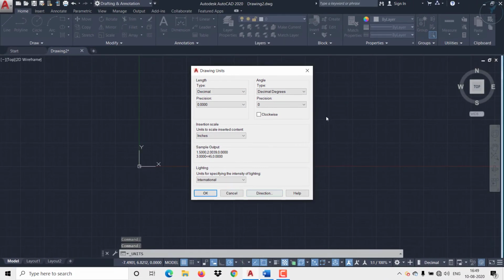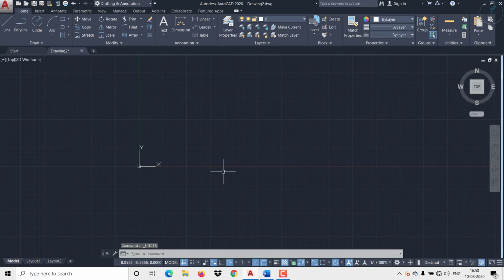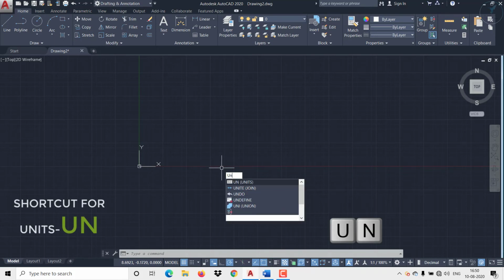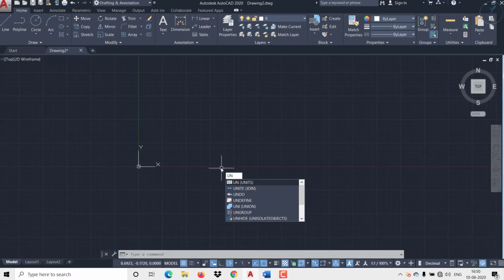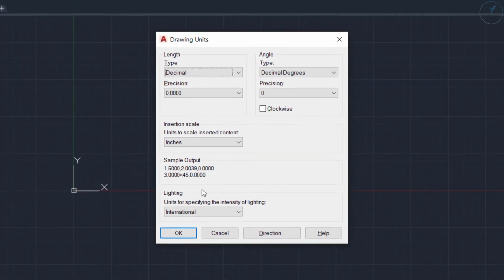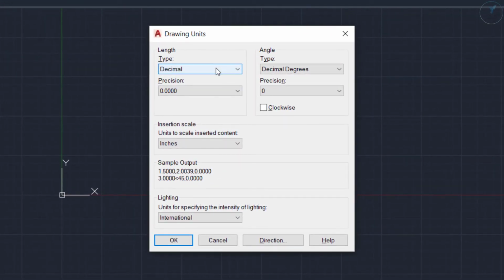Once you click on Units, this is for the drawing units. The same setup you are seeing over here. If I want to do it in an easier way, you can use the shortcut: just type UN and then press Enter or Space, anything. Click on that, then you get the drawing units.